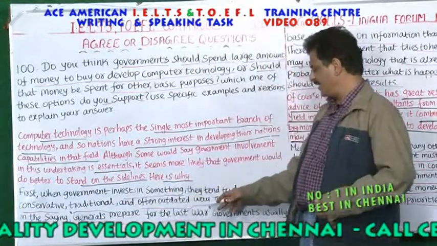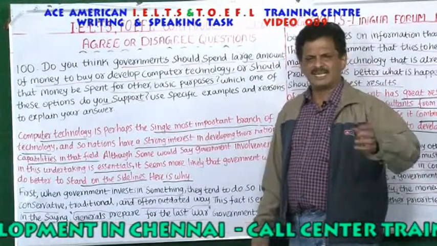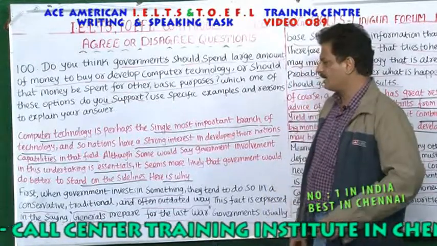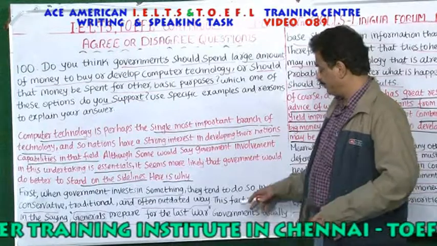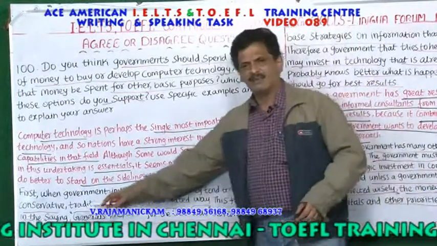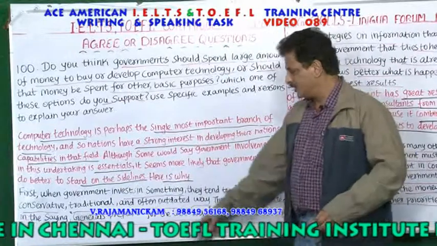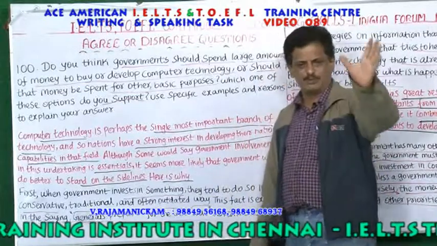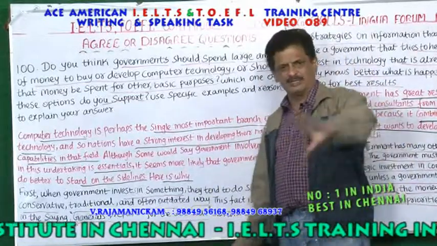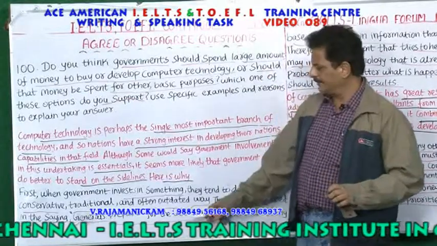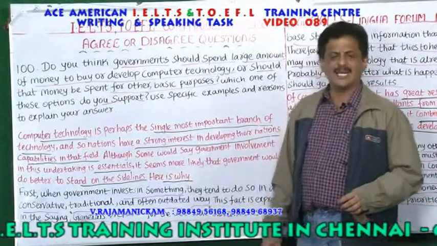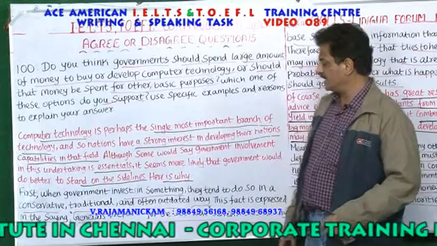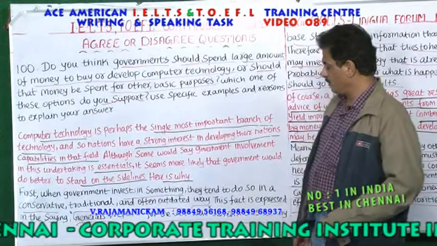And often in an outdated way. Outdated என்றால் என்ன, இந்த காலத்திற்கு உகந்தாத, அதற்கு பொருந்தாத விஷயங்களுக்கு தங்களுடைய அரசாங்கம் தன்னுடைய பணத்தை செலவழிக்கிறது. This fact, இந்த உண்மை is expressed in the saying. இதை ஒரு பழமொழி மூலமாக சொல்வார்கள், Generals prepare for the last war. தளபதிகள் எப்பொழுதும் என்ன செய்வார்கள், இதுதான் இறுதிப் போர். தளபதிகள் எப்பொழுதும் இறுதிப் போருக்குத்தான் முனைவார்கள். ஸோ இந்த தத்துவம், இந்த அரசாங்கம் கணினி தொழில்நுட்பத்துக்கு செலவு செய்வதில்லை, அது பழமை வாய்ந்த விஷயங்களுக்குத்தான் செலவு செய்வார்கள் என்பதை இந்த பழமொழி மூலம் அவர்கள் சொல்கிறார்கள்.